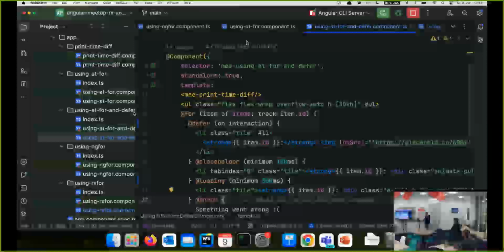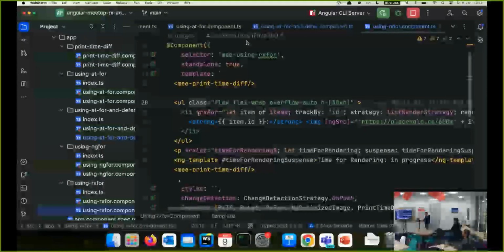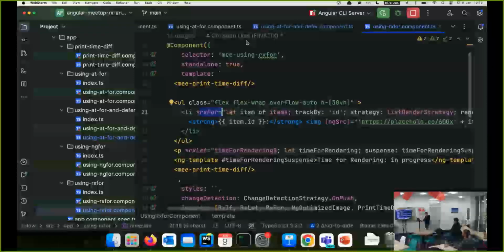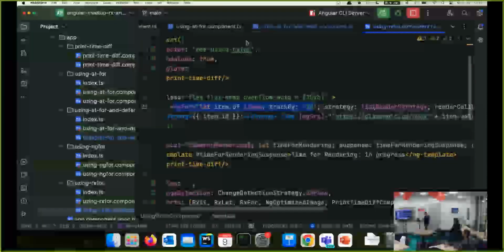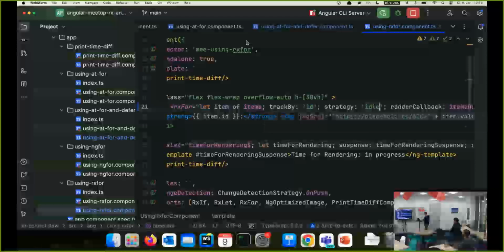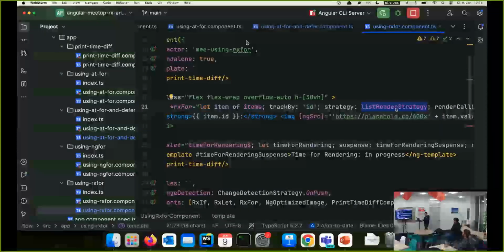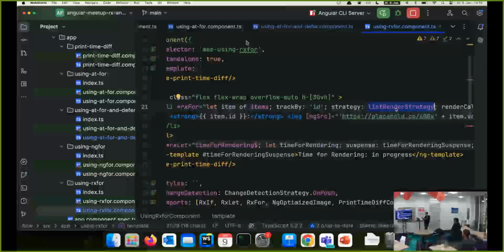And what did I do? We see it here in the code, rxFor. Instead of ngFor, I just use rxFor, let item of items, with my trackBy function I mentioned, and then we can provide a strategy. I can do it as a string, for example normal, idle, or anything else. I used a variable for this. You can even change this on the fly when you need to, for example on hover you want to change the strategy to immediate, but for any other case you want it to be normal or idle, then you can pass a subject to it